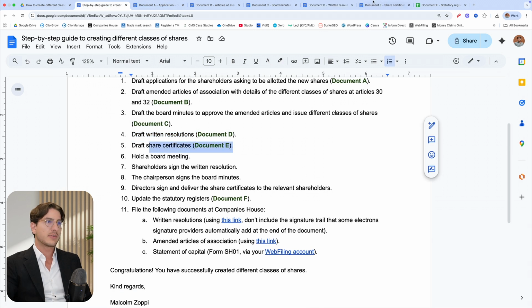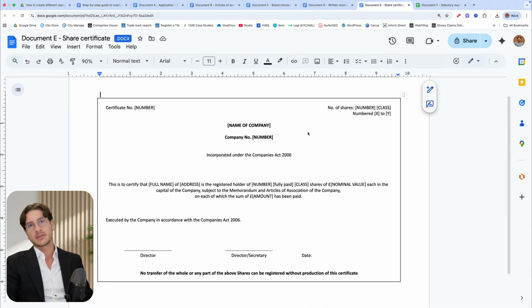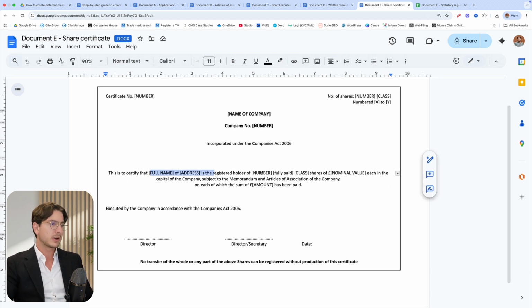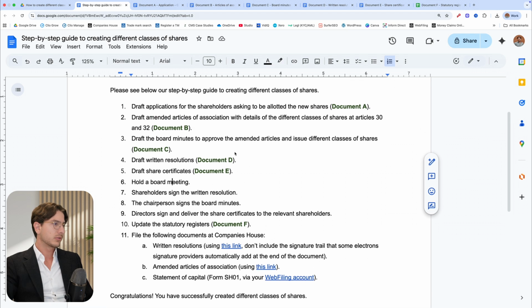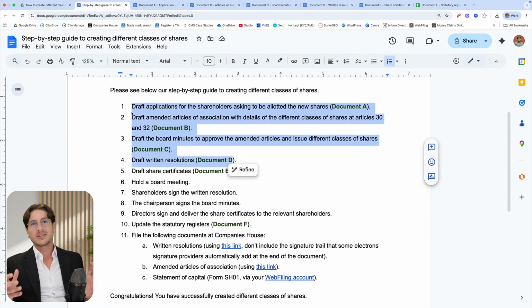Same thing with the share certificates, but with the share certificates, you'll need to produce one per shareholder that's receiving the new shares. So if you've got 3 new shareholders, then they each receive a share certificate. And you'll need to specify their details right here, the number of shares that they're receiving and the kind of shares, and so on. Coming back to the guide, up until step number 5, we've really just prepared